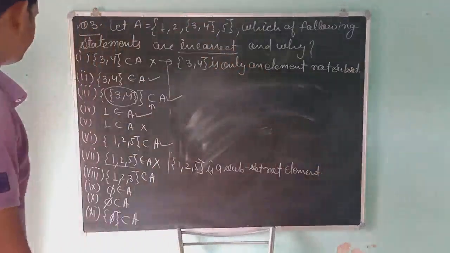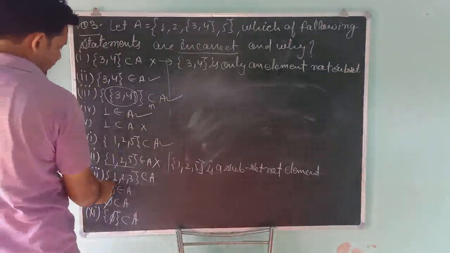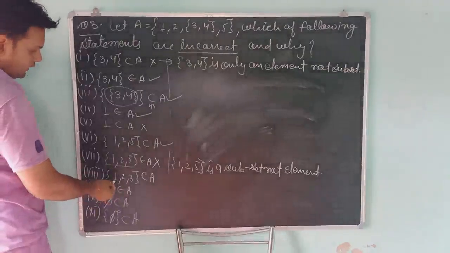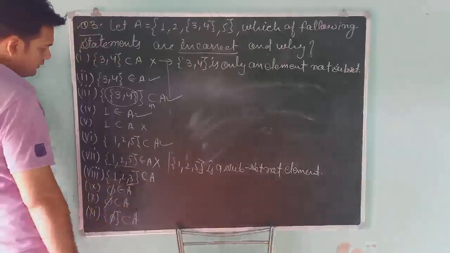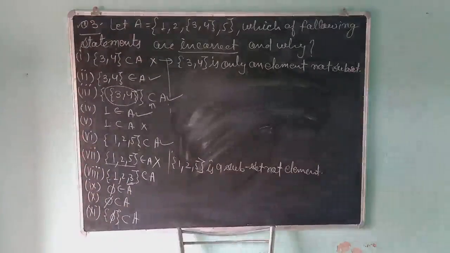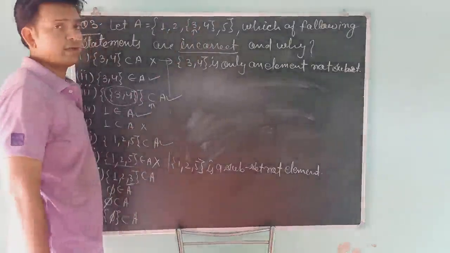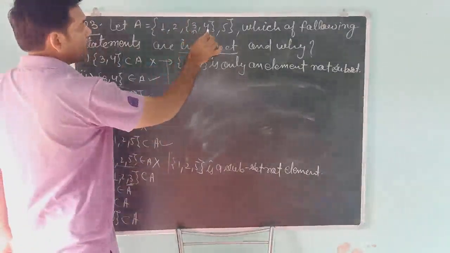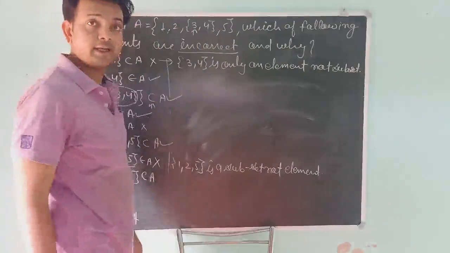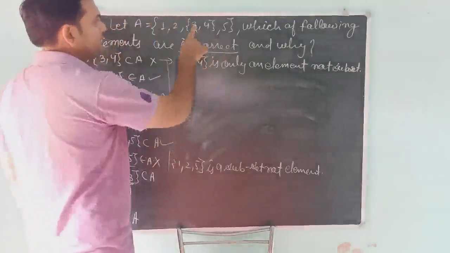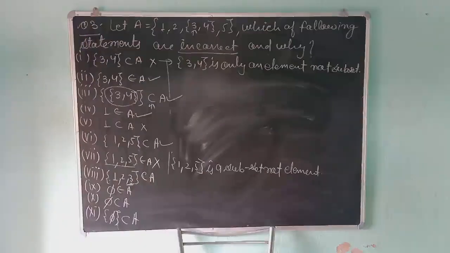Okay, and students, now we will talk about question number 8. According to this question, we have bracket 1, 2, okay, 1 and 2. Here the third element is 3. Next element is 3. But students, here you can see that 3 and 4 both are lying between two brackets. That means you can't separate 3 and 4. They will always live together within the bracket.